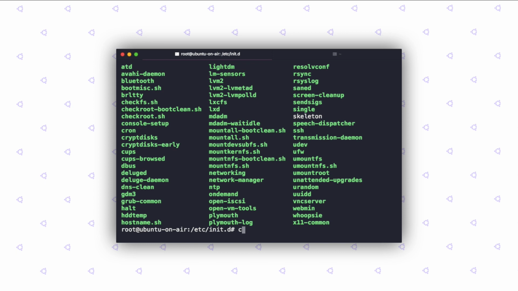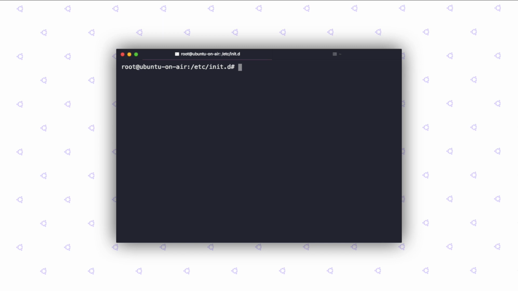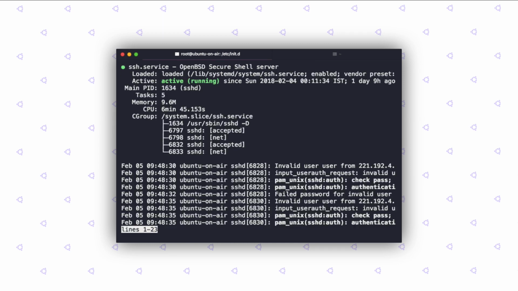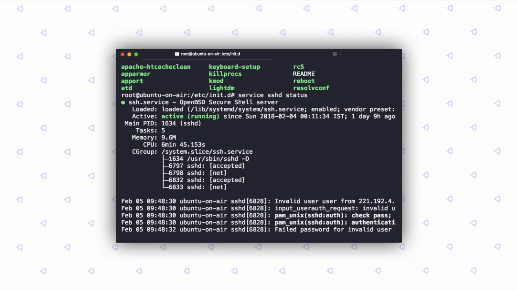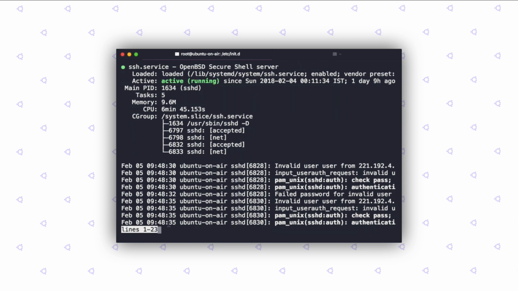Alright, so first let's clear out the console and now let's check the status of the service. And to do that, we use service followed by the service name, which is SSHD, and then the option supplied. And as you can see, the secure shell is currently running.